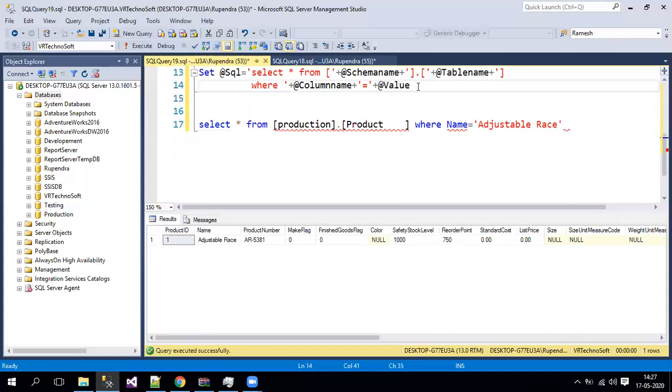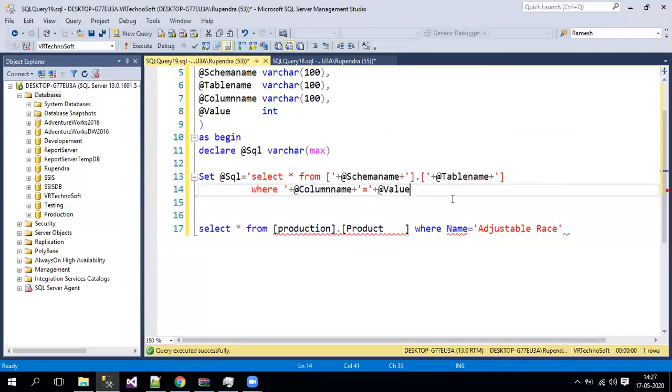Now I just want to mention one point here. I just took an example here, the name column, and my data type here is varchar. But here I pass the column as dynamic, and I'm also considering my value data type is integer. So when the client is passing, he should always pass a column that is an integer data type, because my value is also an integer. Here also we have mentioned it as a varchar. Why? Because the column name is a varchar, but whatever is inside the data should be an integer. That is the meaning of that.